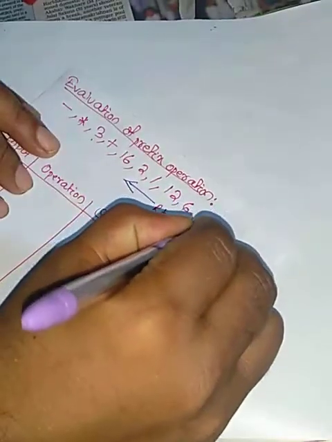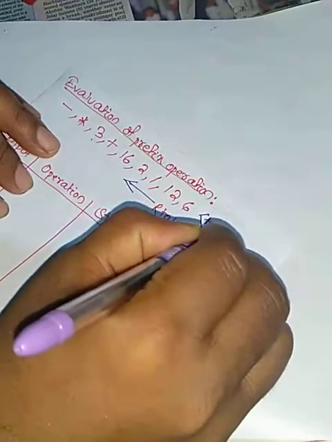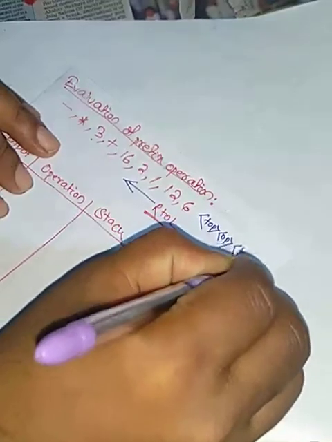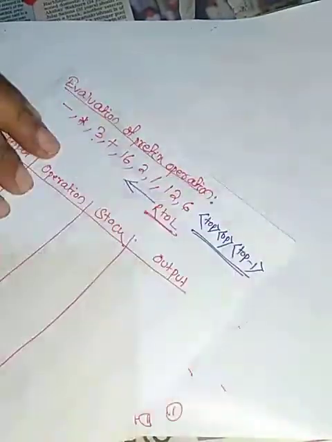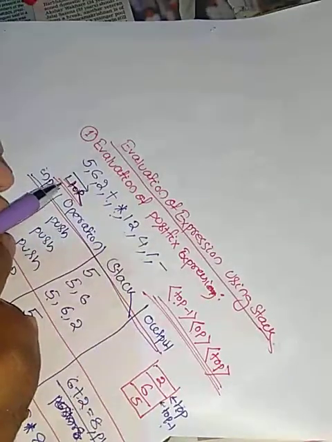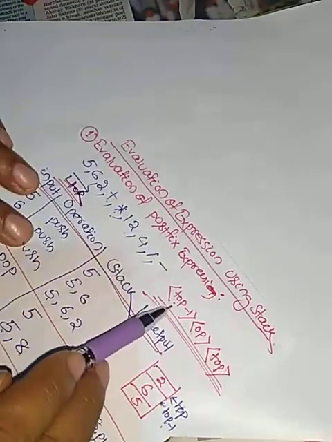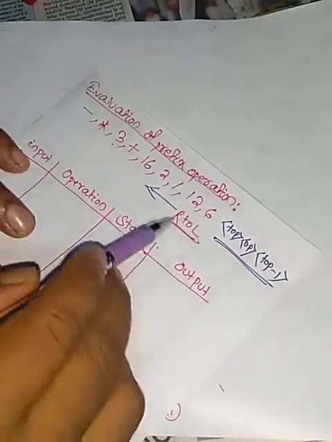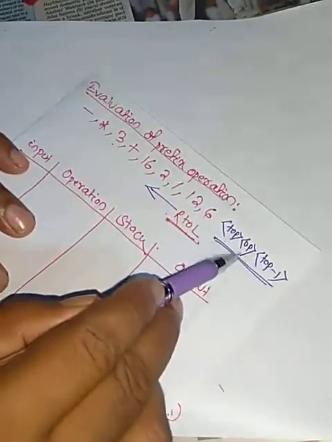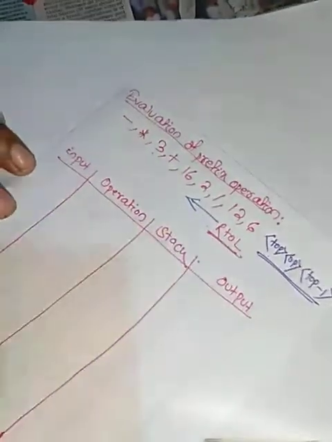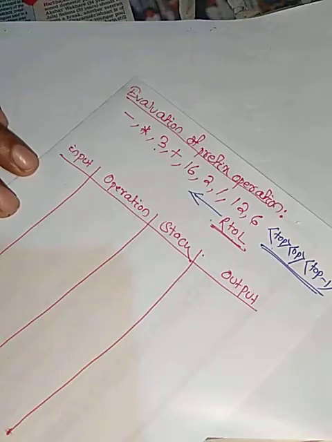How is operation being conducted here? Operation is conducted like top, then operator, then top minus 1. This is the order of operation, but try to recall. So in case of postfix, we scan from left to right, and operation was like top minus 1, operator, top. But here, right to left, top, operator and top minus 1. So now we'll scan each of the elements and we'll try to solve it carefully.